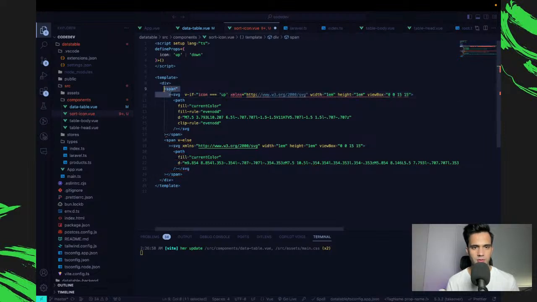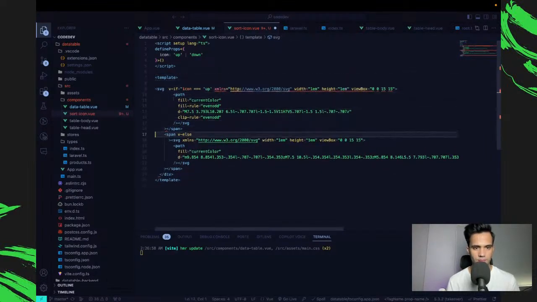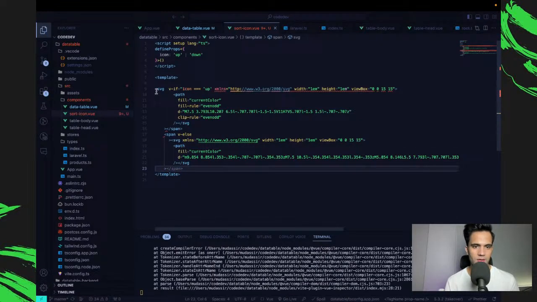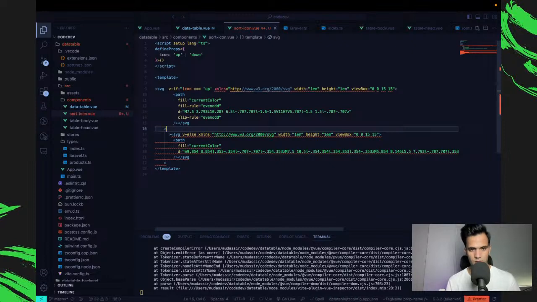We can have multiple children as opposed to Vue 2 where you could only have one child. Where is my span? Okay, let's just say we use the else on the SVG. Remove the span from here and remove the span from here as well.